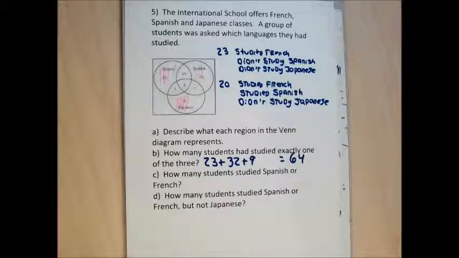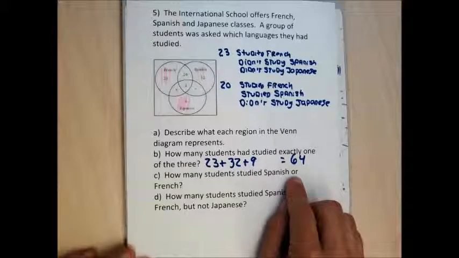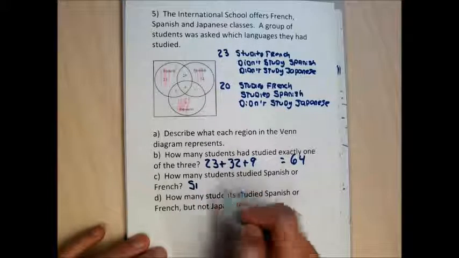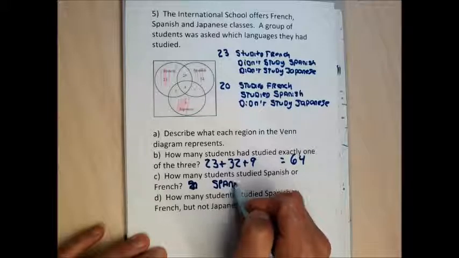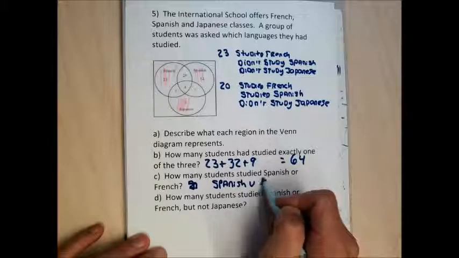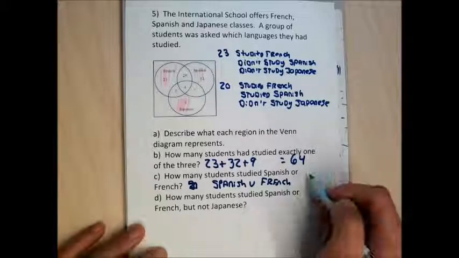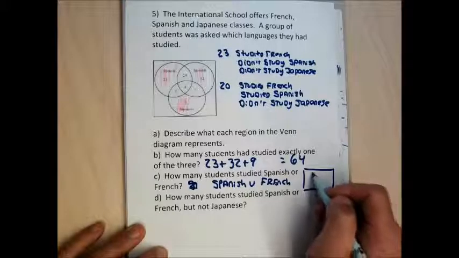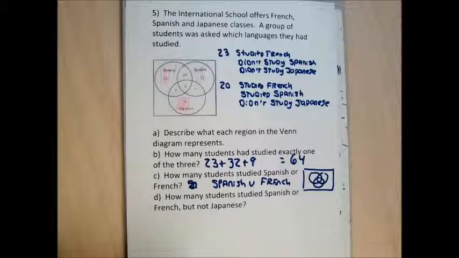For C, this has the word or, and so it's a union. So I'm trying to find the region of the Spanish union the French circle. So to get the answer to problem C, because it's an or question, and or means union, and the regions